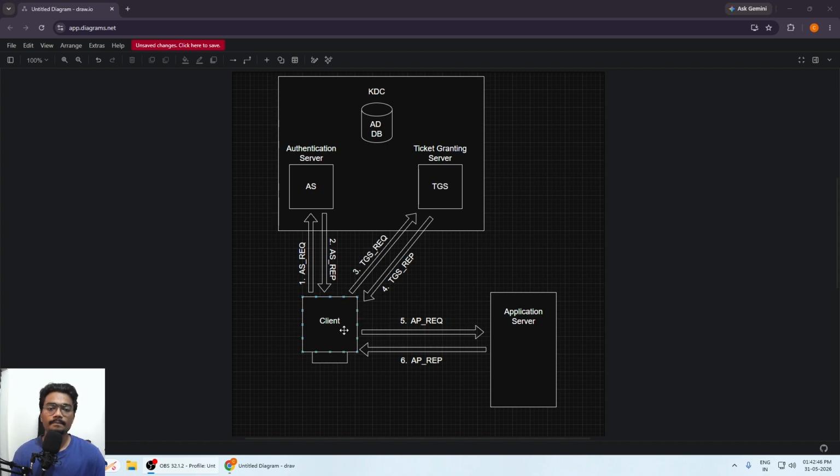Now, to access the service which we want, we send out an application server request. So this contains the service ticket which we got from TGS and also an authenticator. Now, another authenticator is created from the client, and this authenticator is encrypted with the service session key which we